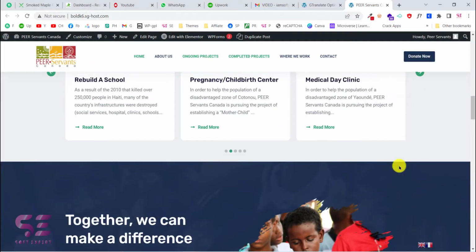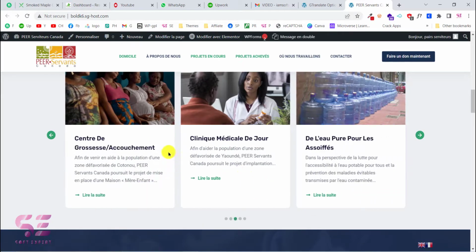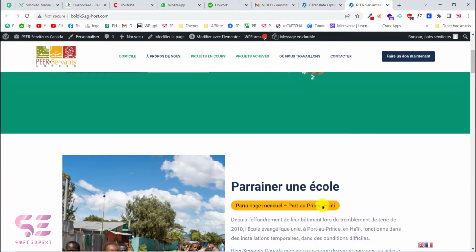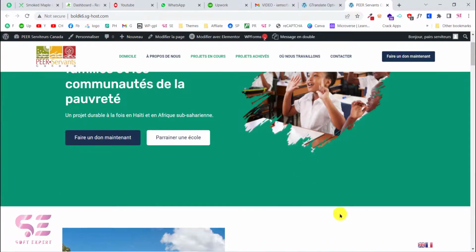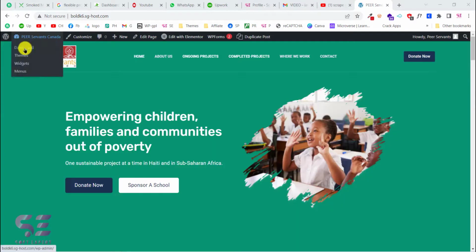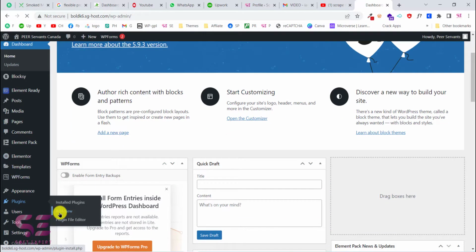So basically we will display language names or country flags on our website, and if someone clicks that, then our website will be translated to their specific language. So let's do one by one, and first let's see the auto translation. For that we will go to our dashboard and we will add a free plugin. So go to plugins and add new